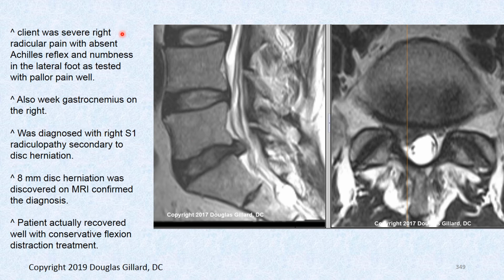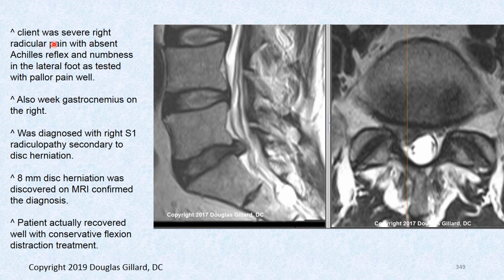So here's a patient of mine with severe right radicular pain. Remember, we're really looking from the ground up, so the sides are reversed on CT and MRI. That's the left, this is the right. That's an overhead view. This is a cut going right through this disc. You can clearly see a disc herniation here. You can also see a Tarlov cyst right here. I won't get into that, I have videos on that though. But anyway,